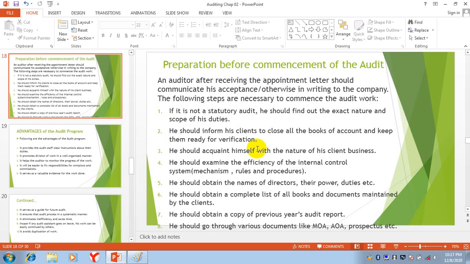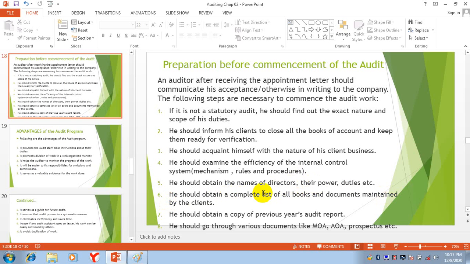You will get some knowledge about the nature of your client's business. You will examine the efficiency of the internal control system. You can get the names of directors, their powers and duties. It is important that you have knowledge about the directors, their powers and their duties.